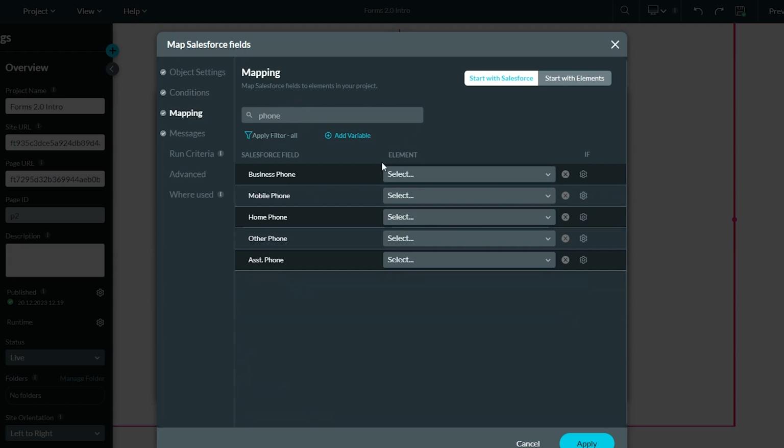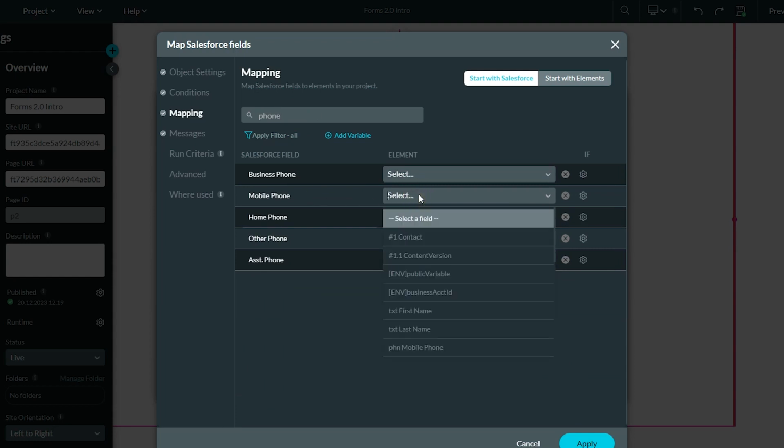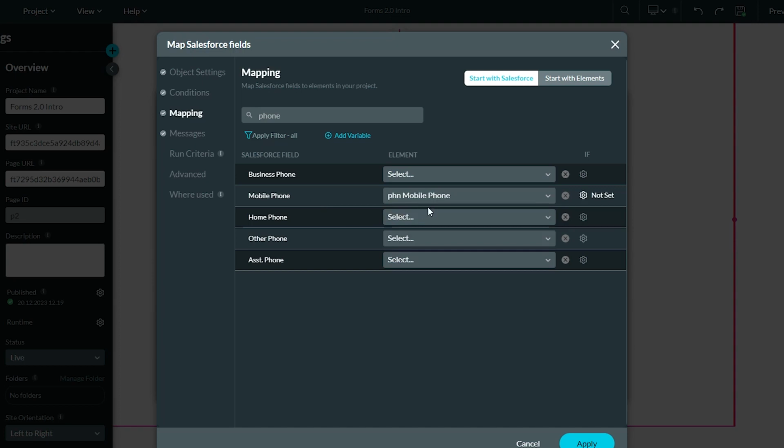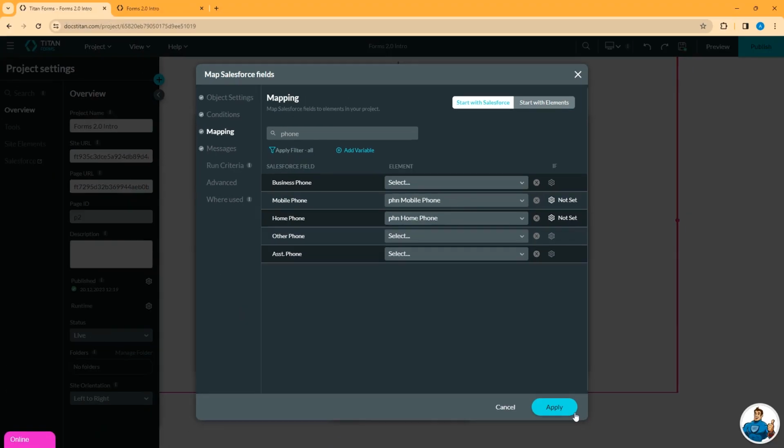We have a couple of phone fields. We want to map the mobile phone field on the form to the mobile phone field in Salesforce, home phone field to home phone. We also have an email field on the form, but we don't want to update that in this scenario. The rest of these messages, run criteria, and advanced we'll cover in other videos. They don't apply here. We go ahead and click Apply